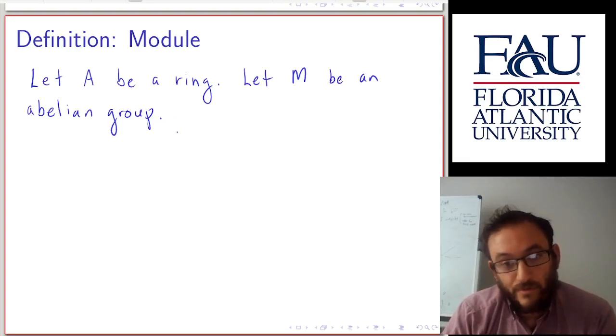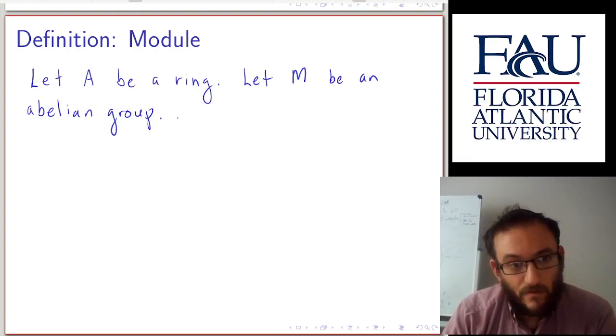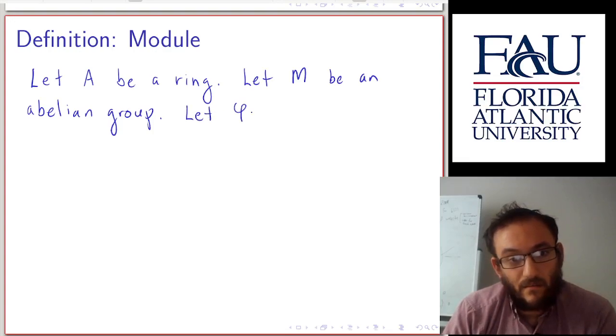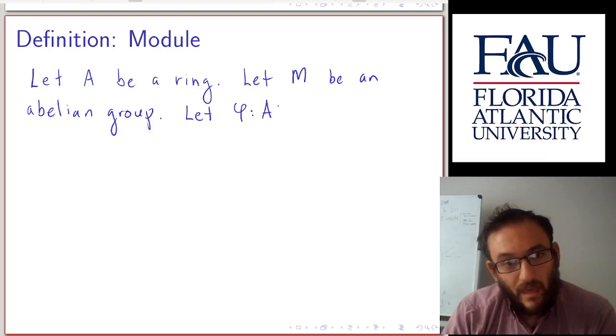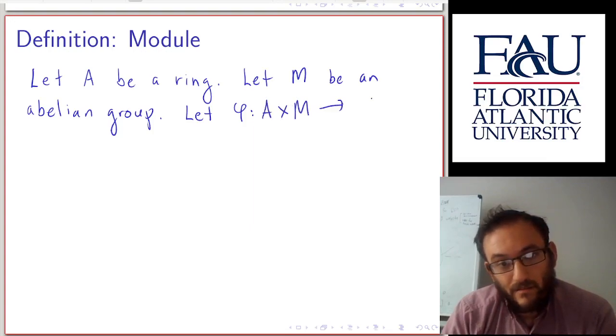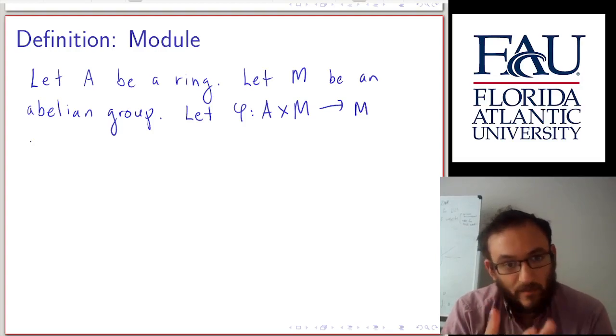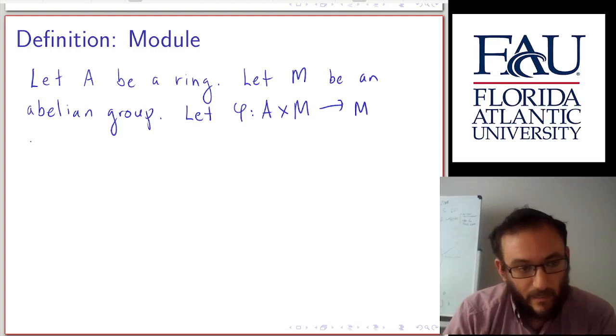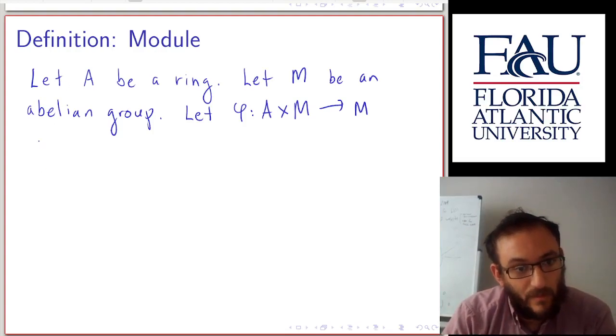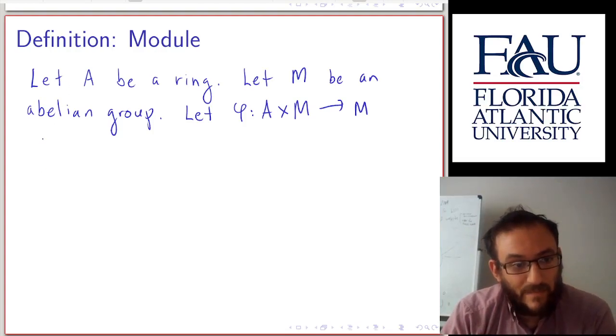And we're going to introduce a multiplication map. So let phi map A cross M to M. So you can just think of this as A multiplies an element of M and gives you a different element of M. And this map satisfies,